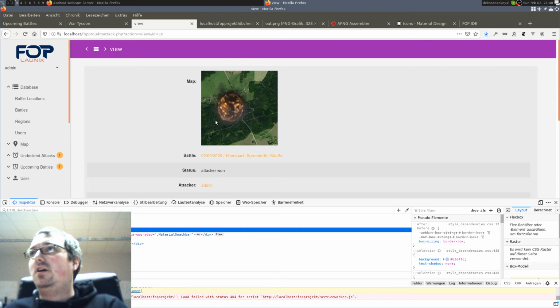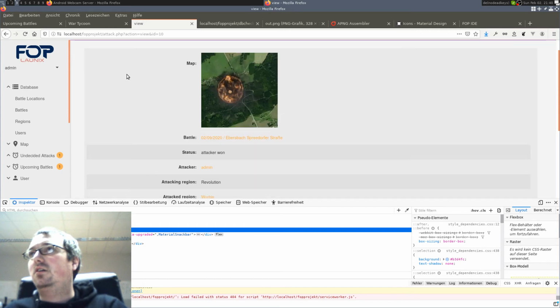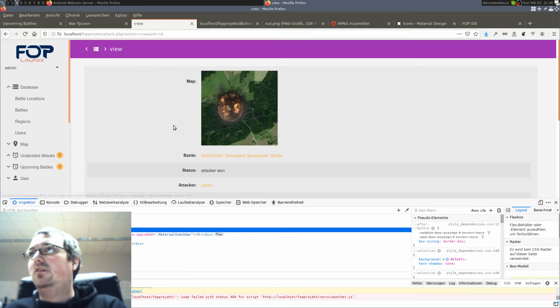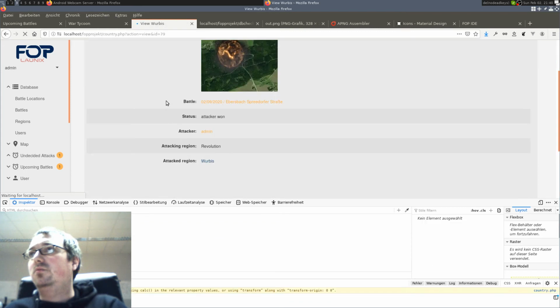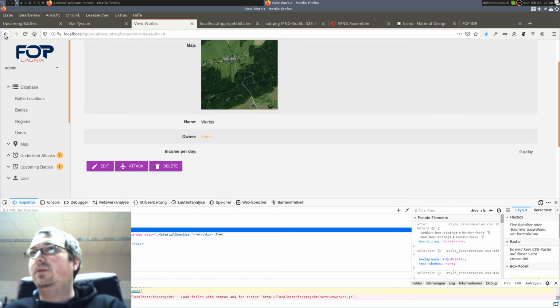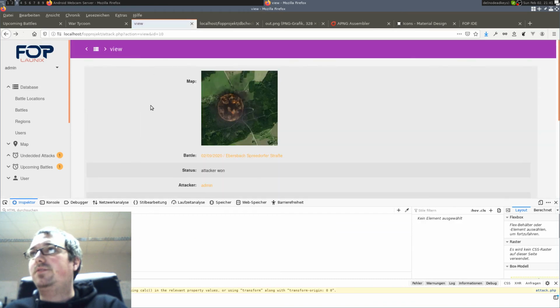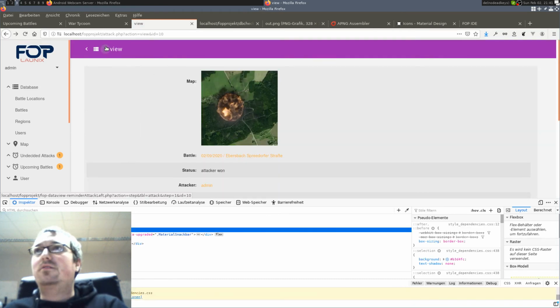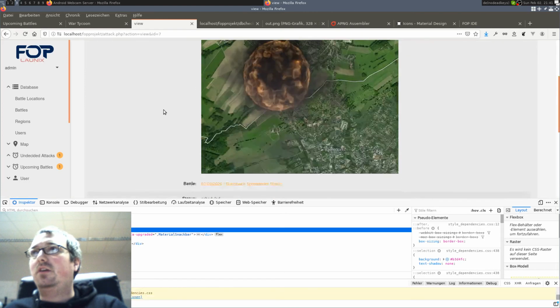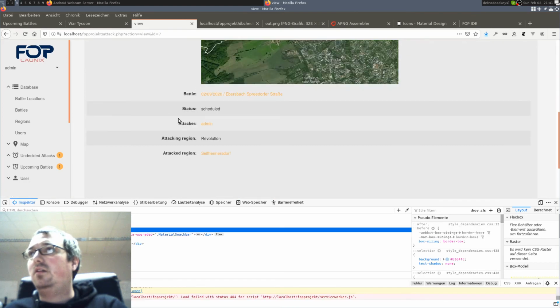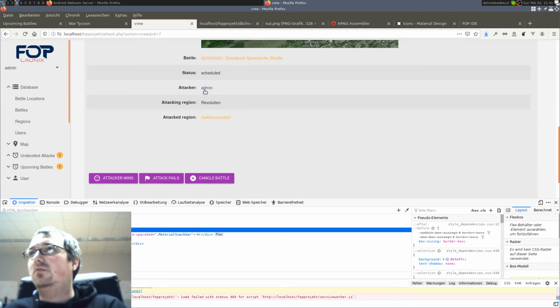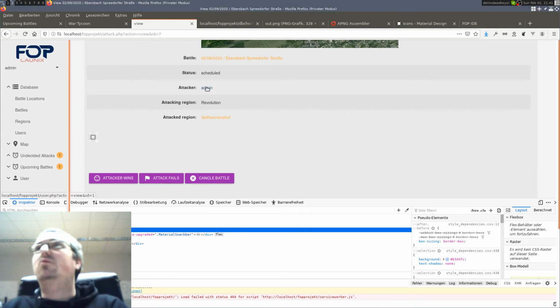Now I have the attack. Yes. And Worbis is occupied by admin. Great. So the attack system is basically there. Now I can go to the next undecided battle, scheduled and so on. Of course we have to